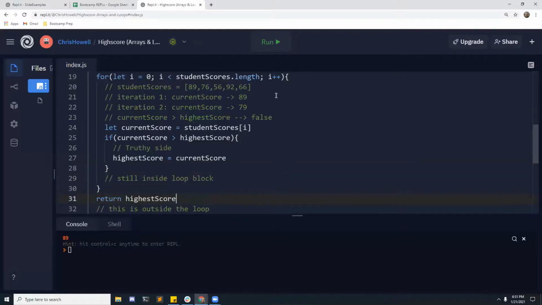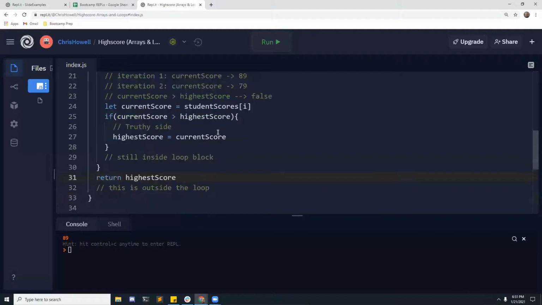outside of the loop so that every single iteration of our loop can take place. It will go from the start to the finish of our array and test every single value. And if we do that,